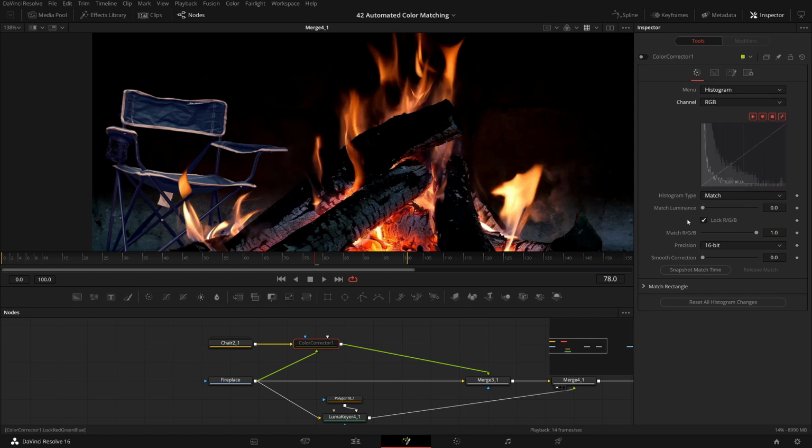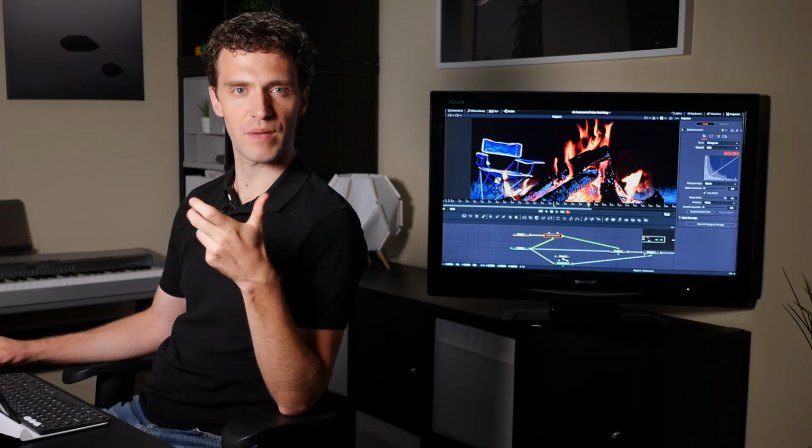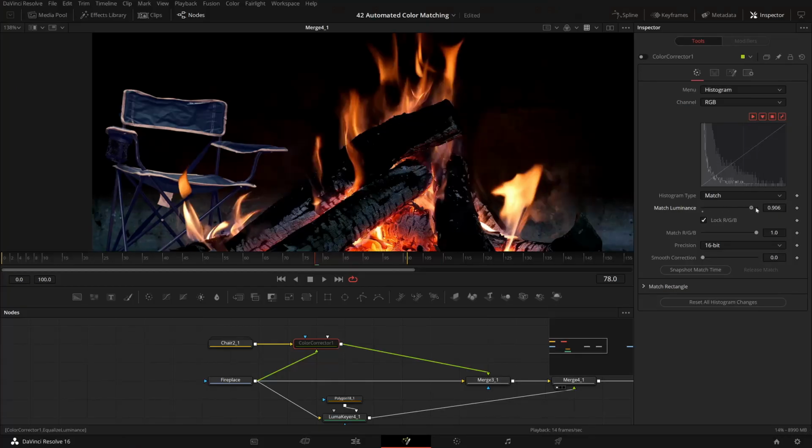You can alternatively also match luminance, or you can combine the two. So here I'm only doing RGB. I'm only matching the colors irrespective of luminance. If you do a match luminance, it's trying to match the luminance curve separately. And do we see anything? Sorry, I have the whole thing turned off. I should obviously turn it on again. So this was only the RGB.